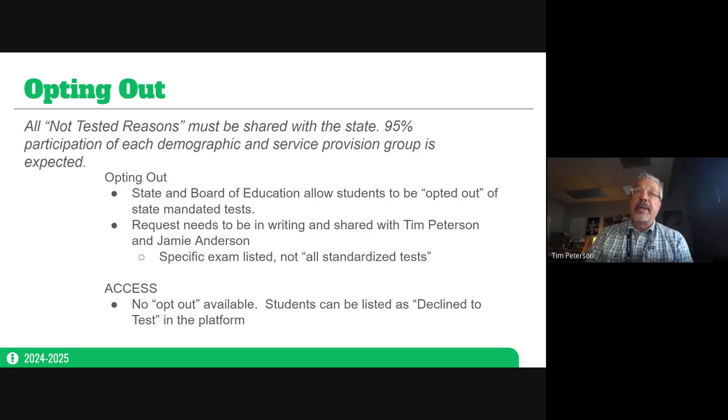So any student whose family wants them to be opted out will be allowed to be opted out. Now, that request from a family to the school needs to be in writing, and it needs to be shared with myself and Jamie Anderson. This is the same as last year.